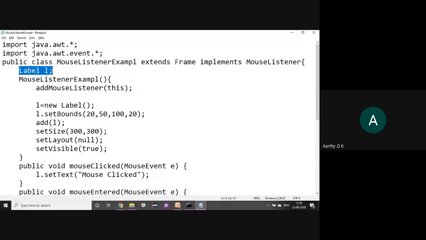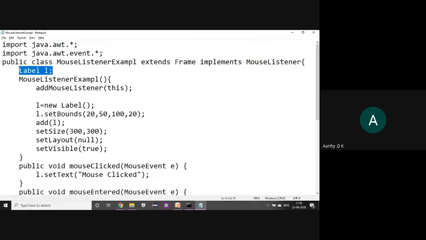I'm just telling you a label is a place where I'm going to display the output. In an applet we used g.drawString, right? Graphics object dot drawString, whatever string we give at a particular x and y coordinate, it gets displayed. So we are specifying where you want the output to be displayed. Likewise, I am creating a label that will specify where the output is to be displayed. So this is how you create a label.